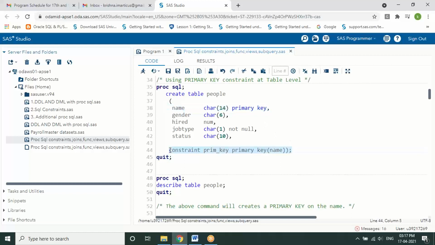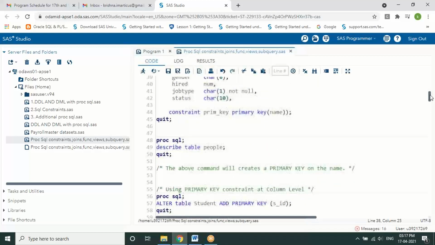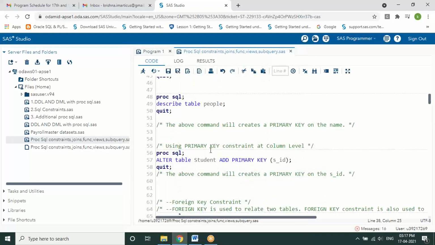Whichever way we want, we can give it. This is for assigning a name to a constraint. We are giving it this way, or else we can directly assign it to the column name here. We already discussed that we have an alter statement for assigning a constraint to a column of a table, so we can do it once after the table is created. This is another way.